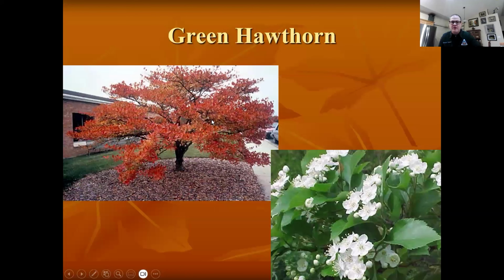Not much bothers them. If you like birds, the hawthorns, green hawthorns, this is a Winter King. They get a disease called cedar quince rust that can make them look a little ragged. I wouldn't want this in a front yard as a specimen tree, but if you've got a larger yard and can have it farther away, the birds absolutely love both nesting in these trees because they're somewhat thorny, but they love the fruit too. Flowers are okay, but boy, if you like birds, this is a great bird tree.